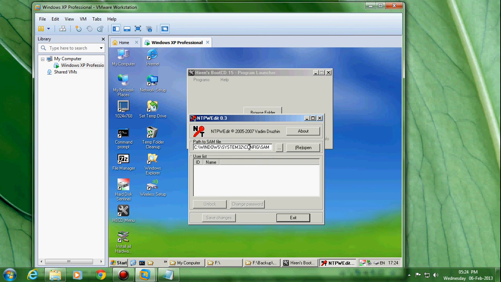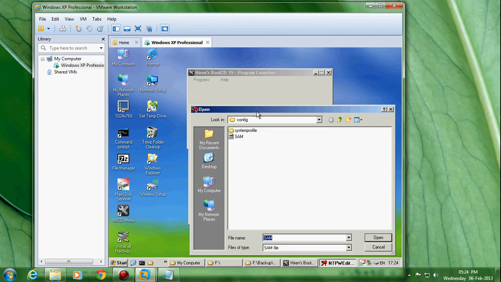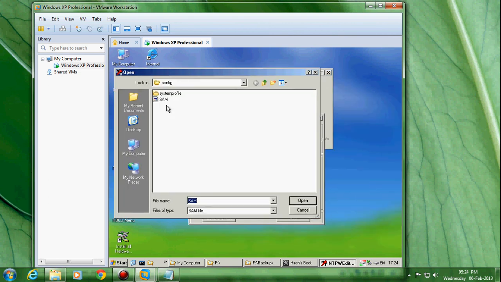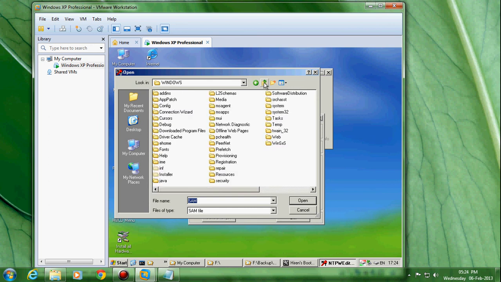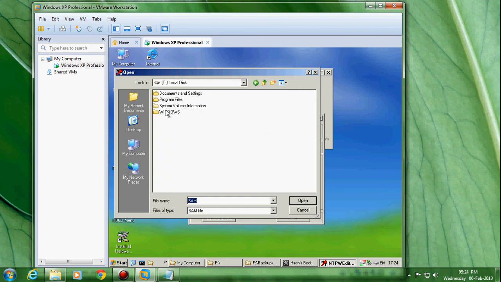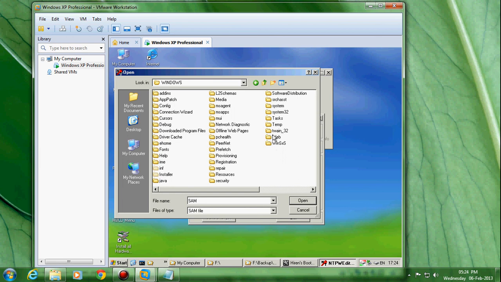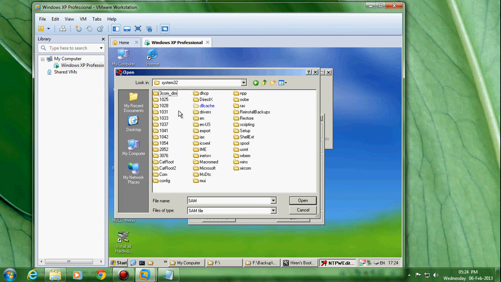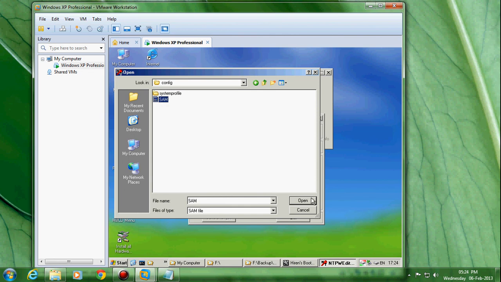In any operating system, we should go to the operating system drive and go to this path: C colon, or the operating system drive colon, Windows, System32, config, and the file name is SAM. I'll show you the file. See, it directly opens the SAM file, or else let us navigate through the path. This is the C drive, Windows, System32, config, SAM file. Just open this file.